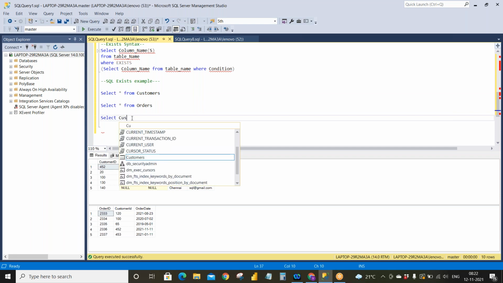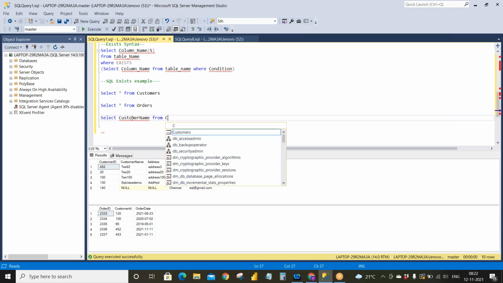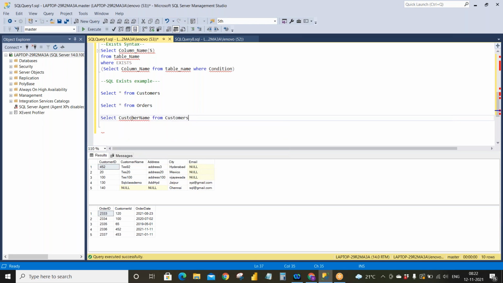So select customer name from customers table where exists. So I'll give a subquery. In the subquery, I'll give the orders table.